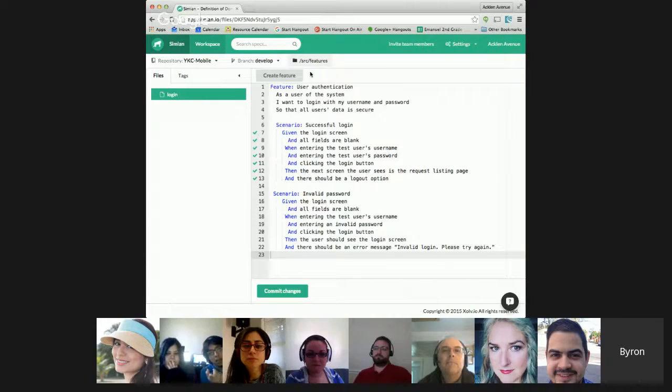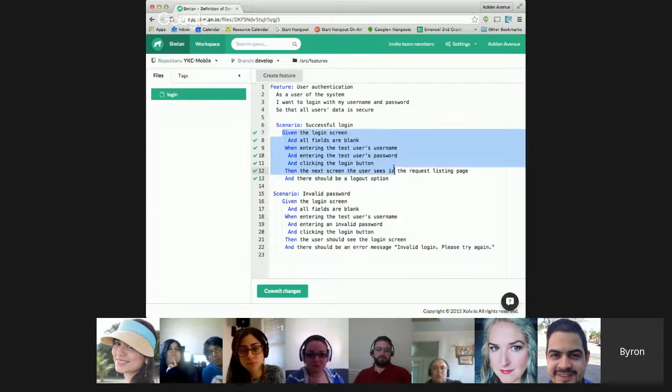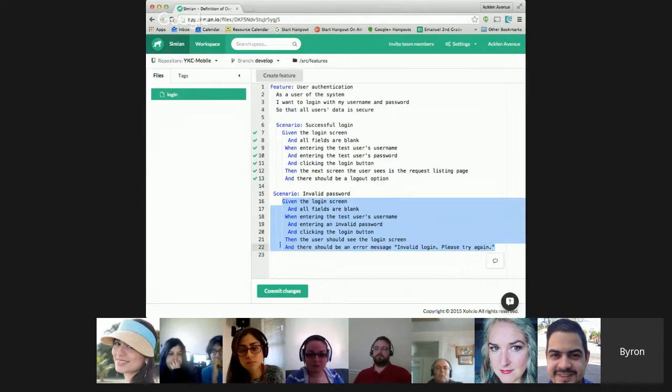But just to show you really quick how this works, my feature is here. I've got some code, some words that Gherkin doesn't care about. I've got a scenario. It does care about the scenario names, and then the given, when, then, and all that. It does actually care about these. When I was testing before the demonstration, I actually ran these and I got them to pass. Before that, they had red X's because they weren't passing quite yet. Now these, I don't have any code in there at all, so there's no green here.